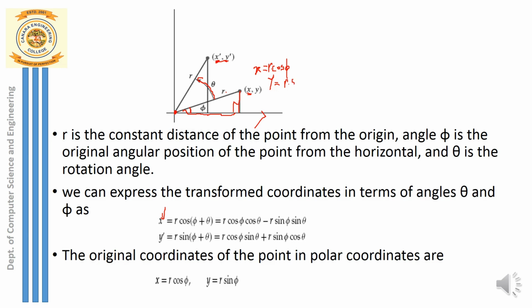By taking sine of angle phi. So horizontally only x changes, vertically y changes. So these are the two equations that you can write for x coordinate and y coordinate, that is for this first original line. Now same way, how do I compute this x dash and y dash?